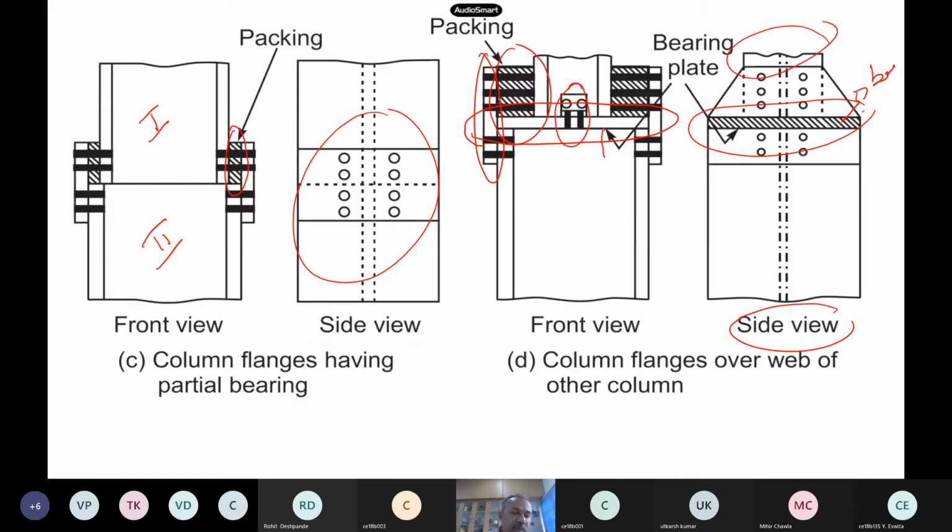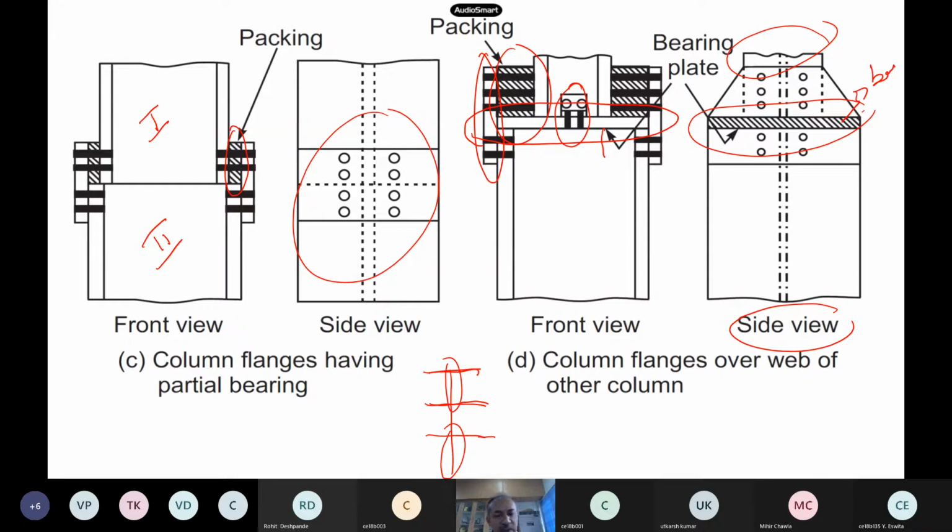Okay, so now sometimes what happens is, if you go to multi-story buildings, which columns will carry more load, the topmost columns or the bottom columns? See, in a multi-story building, you have a huge column. Which column will carry more load? You people have done the dead load and others, right? The bottom columns get more load. More load means the cross-sectional area also should be high. Now if you go to the topmost columns, the load carrying will be very less.